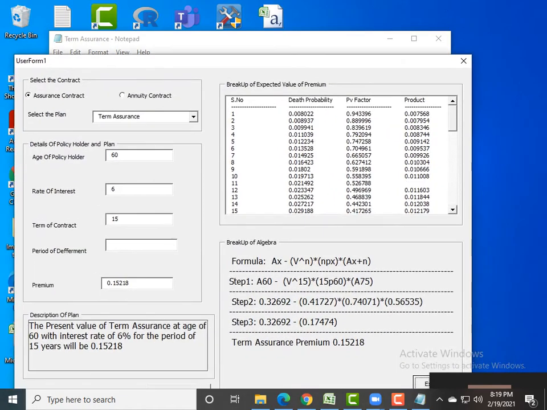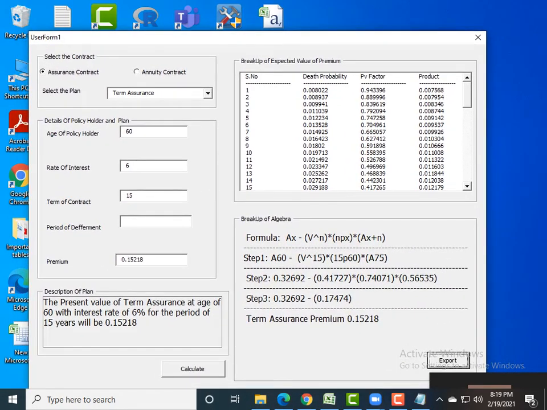Okay, so this is how I am adding new and new features in the calculator. My next feature will be that you will see different tabs. In different tabs we will have different algebras, like one tab will be for select mortality, one tab will be for simple mortality, one tab will be for the expected value, one tab will be for the assurance. So that's how you will see new features getting added in this calculator.